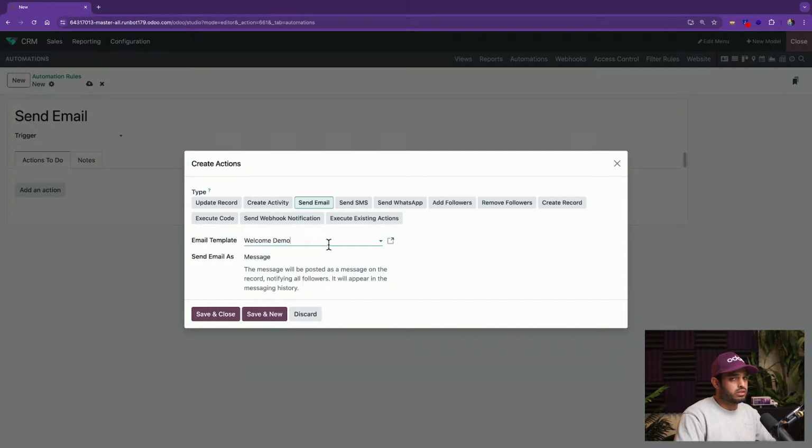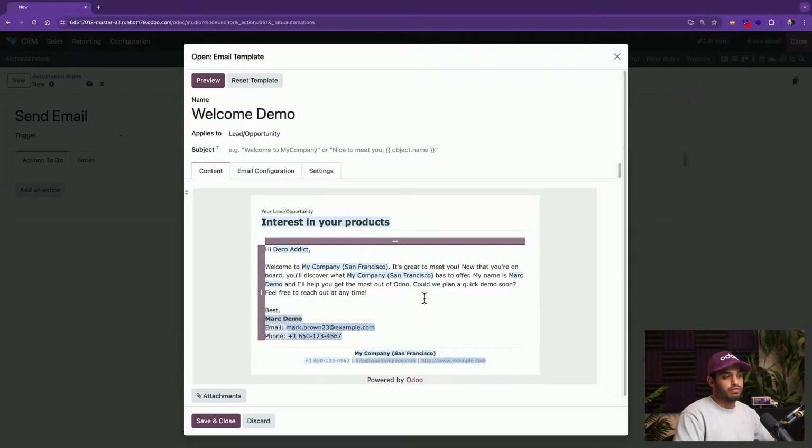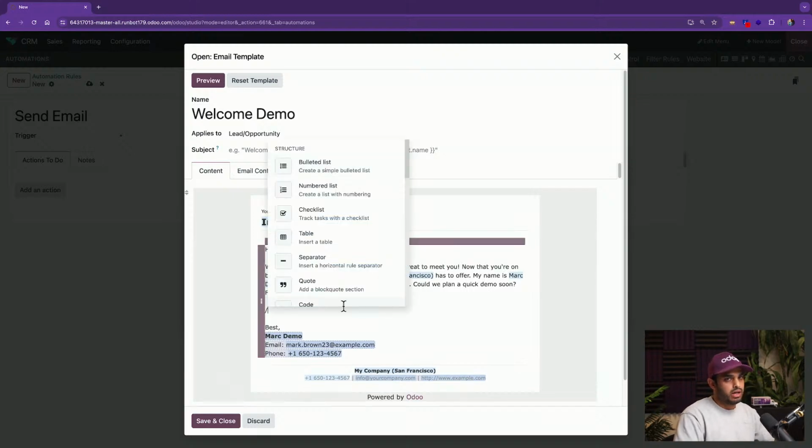You can customize these templates how you'd like. You can add as many templates as you want. We just have the one in the demo environment. But if I want to know exactly what the contents are in this welcome demo email, there is this internal link that I can go into and I can customize my template to suit my specific touch, the way I communicate with my customers. And if there's any data that I need to pull from an existing field that's already there in Odoo, all you need to do is simply add the little backslash